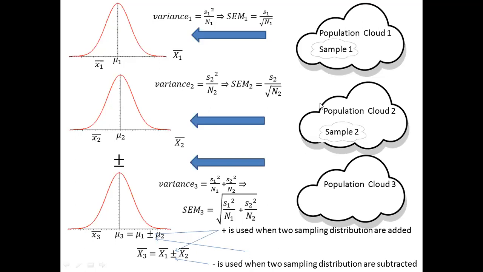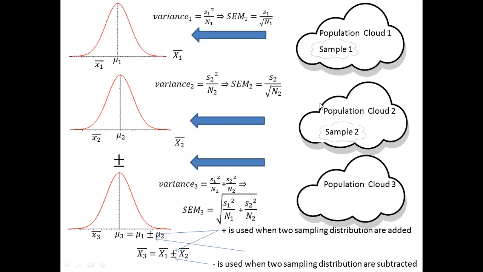Considering the variances, the variance 1, which is the variance of the first sampling distribution of the mean, is S1 square upon N1, and the square root of it would give us the SEM1, the standard error of the mean 1. Variance 2 is the variance of the second sampling distribution of the mean, which is S2 square upon N2, and the square root of this variance would give us the standard deviation of this sampling distribution of the mean, which we call the sampling standard error of the mean. To indicate it, just like the previous case, we have subscripted it with SEM2, and the square root of the variance would give us definitely S2 upon root N2.